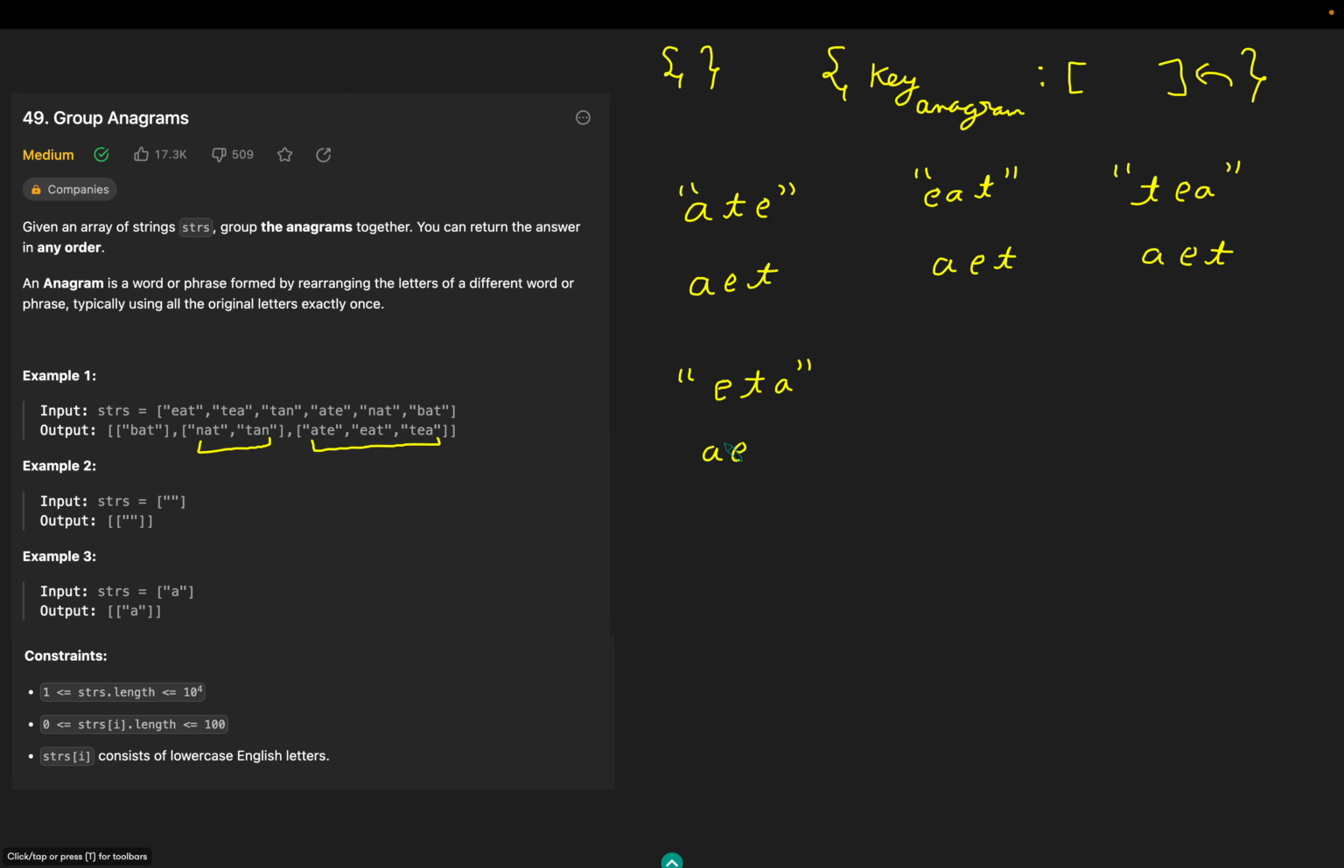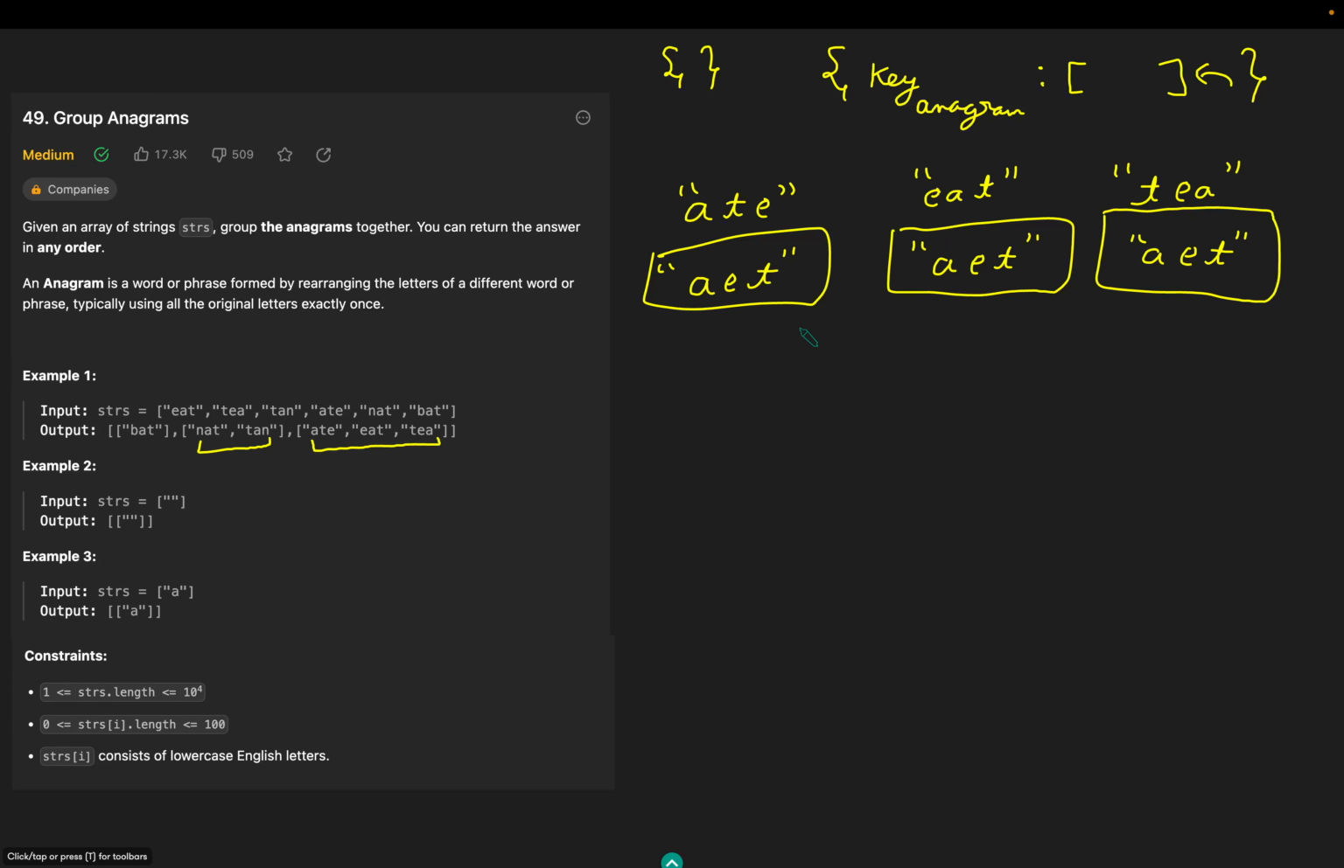So this is our common feature, and we can use this sorted string as the key for this group of anagrams, right? Whenever we have a new word, we sort that word, and if we get this particular string, then in our dictionary we will have a list that consists of these three words. So we would just append that new word to this list, right? Similarly,